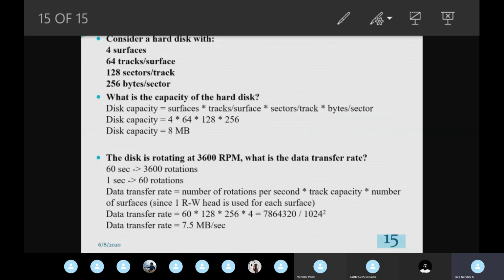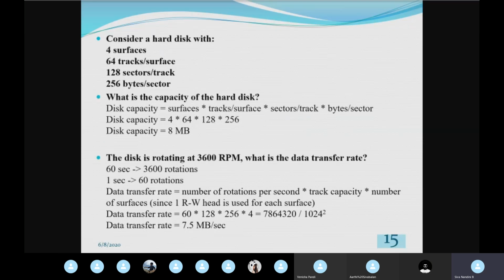Then at last we'll see a problem. This is a simple problem. See here, slide number 15, the bold letters will be the question. Consider a hard disk with 4 surfaces, 64 tracks per surface, 128 sectors per track, 256 bytes per sector.